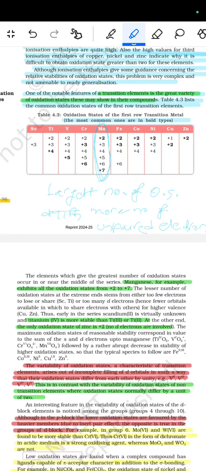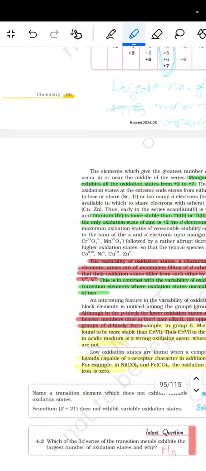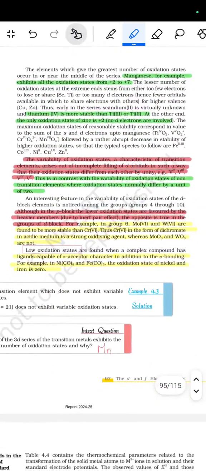तो लार्जेस्ट नंबर ऑफ ऑक्सीडेशन स्टेट है जो Mn शो करता है, क्योंकि मोर नंबर ऑफ द अनपेयर्ड इलेक्ट्रॉन्स है जो इसके पास है. तो आगे फिर आता है कि the elements which give the greatest number of oxidation states occur in or near the middle of the series. Manganese, for example, gives all oxidation states from +2 to +7. The lesser number of oxidation states at the extreme ends